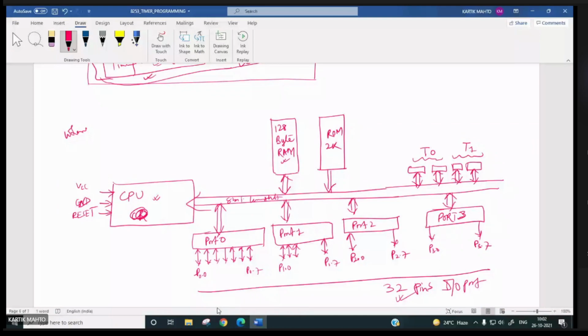And for a small control application, around 10 to 12 bytes length program will be enough for controlling and monitoring. Very, very simple application. Say you have to input the data, compare it, and based on the result, take some control action by setting +5 volt or 0 volt. So 128 byte RAM is there, 2K ROM is there, right?